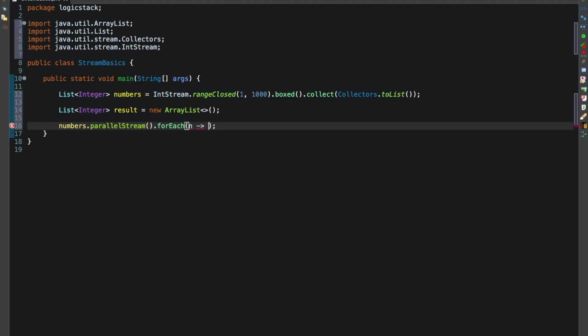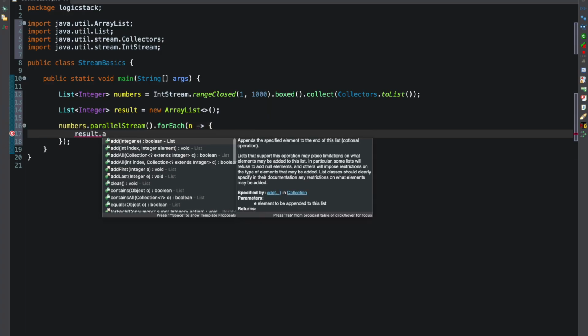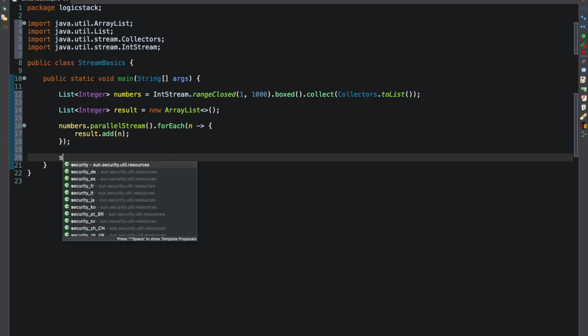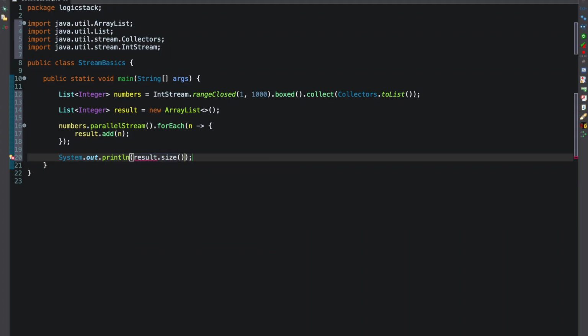So I'll say take one element and just add it in the result. That's it. So now if I print the result, let's say dot size. So we expect the size to be 1000, but when you run this multiple times, you